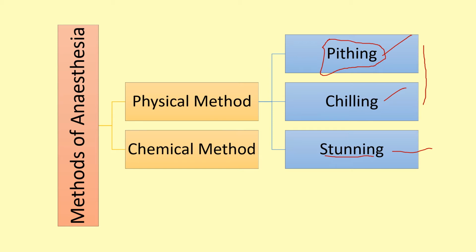At that point you have to insert the pithing needle from your right hand, where you have felt the cavity or depression. Move the needle side by side. When you are moving the needle side by side, you are separating the brain from the spinal cord. Again, move it upwards and rotate it to destroy the upper part of the brain.